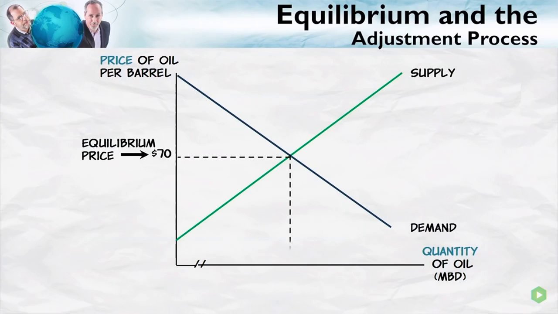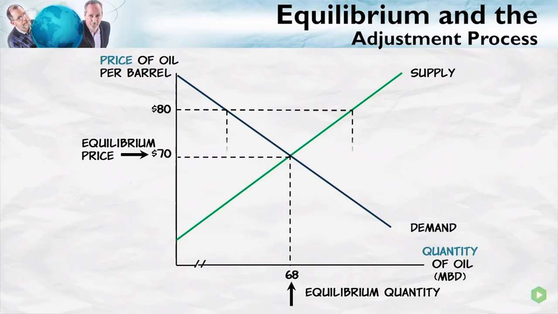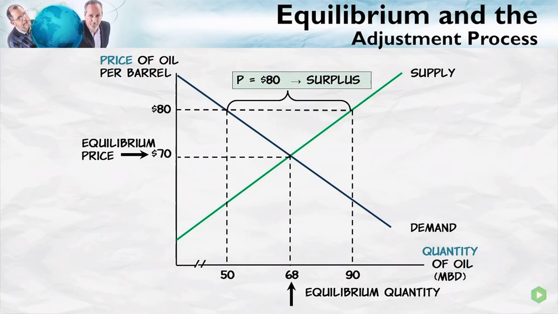Okay, here's the equilibrium price. The price where the quantity demanded is equal to the quantity supplied. Why is that the equilibrium price? Because at any other price, forces are put into play which push the price towards the equilibrium price. So at a price of $80 per barrel, for example, we would have a surplus. The quantity supplied would be greater than the quantity demanded. Sellers have more goods than they have customers, and because of that, they have incentives to push the price down